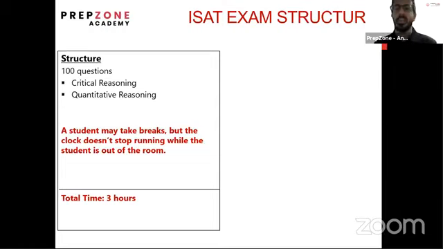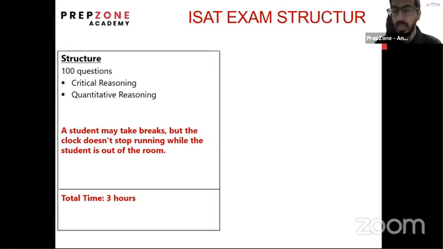Just to give you an idea, there is no place which says there will be a 50% division between critical reasoning and quantitative reasoning. So you need to be well aware of what kind of questions can come out for critical reasoning or quantitative reasoning, because they can ask you any number of questions for either. So please take note that when you're studying for ISAT, just learn the entire thing, because you never know what kind of questions might come out and how many questions can come